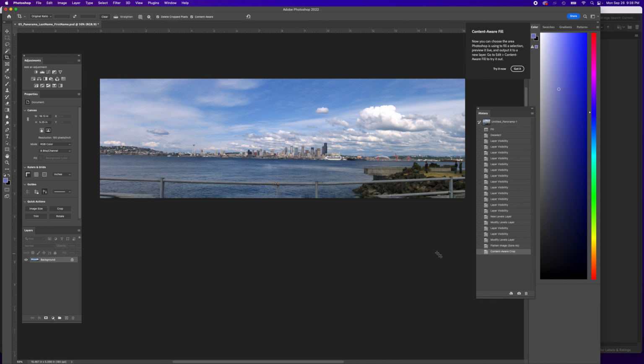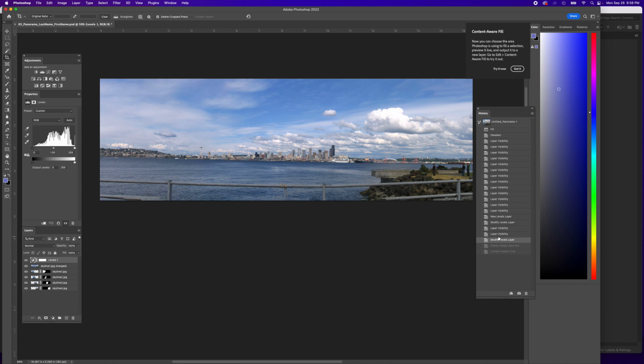But the problem is I'm going to go back to where before I flatten my image. And I'm going to go further back in the history, because the content aware tool should be making adjustments and filling in pixels. So I'm going to go back to my original image before that. I have levels, and then I have my original, and then I'm going to go flatten it. So flatten image,